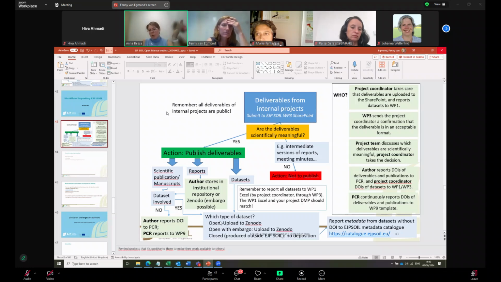Would it be helpful if, for example, you have a set of data sets as a project that the project coordinator sends to the email of the metadata catalog? Yes, that could be. Yeah, and